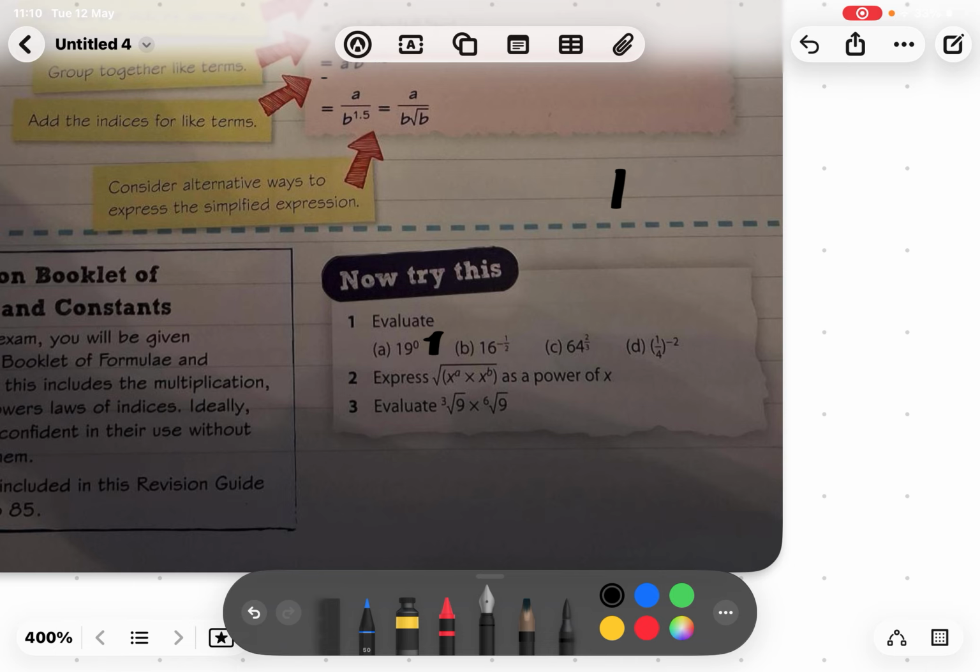Well, look, 64 divided by 16 equals 4. How is this a 4? Because,